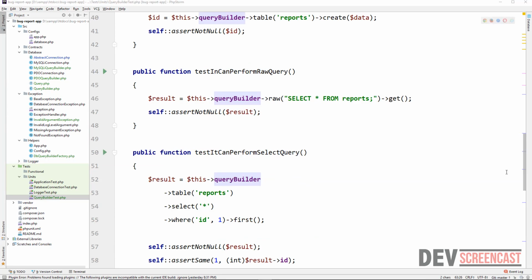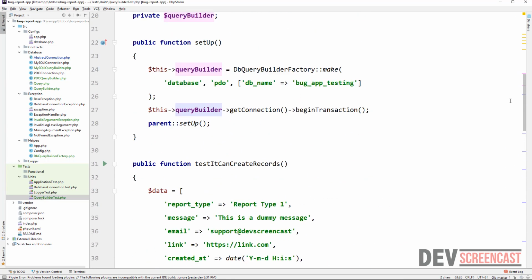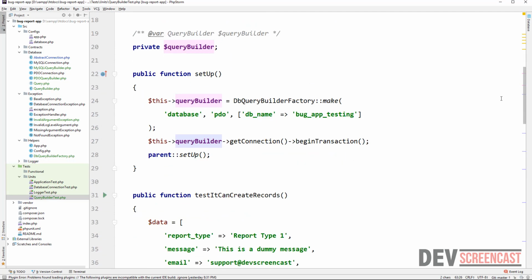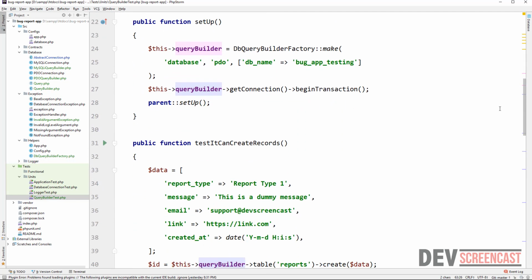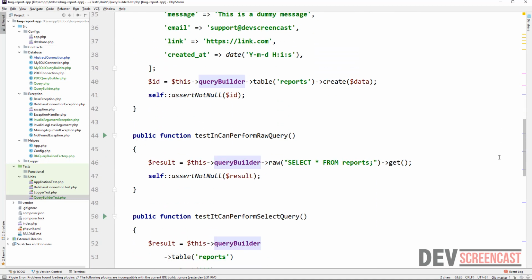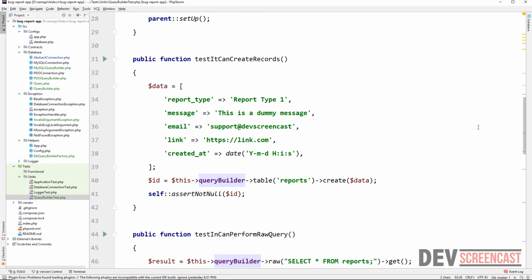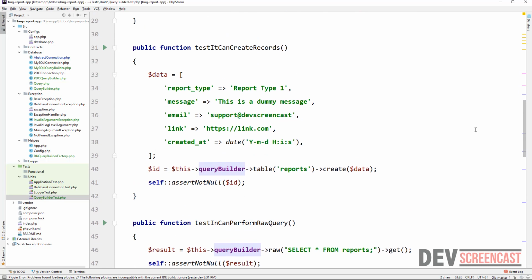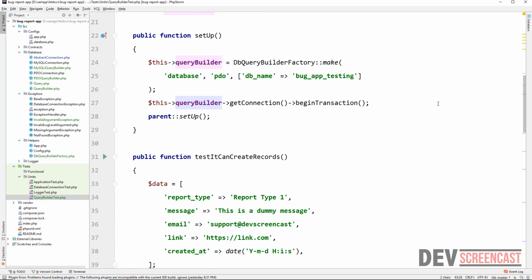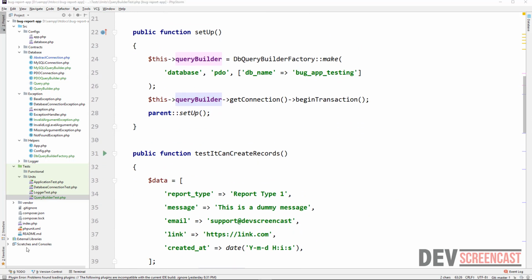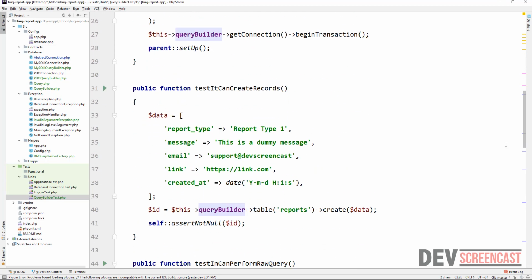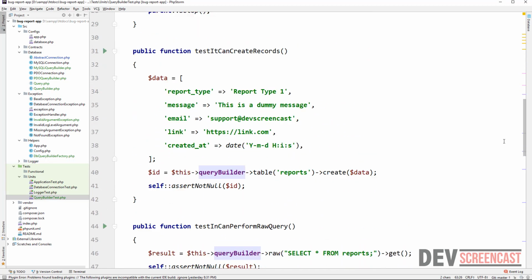And we'll have a problem here because we don't know the order in which PHPUnit is going to run the tests. So we don't know if it's going to run a test that can create a record before it runs the other one. It's not guaranteed. So what we can do is find another way to solve this problem. So I'm going to think of a way to solve this quickly. A simple way that I could think of right now is that we're just really going to have to